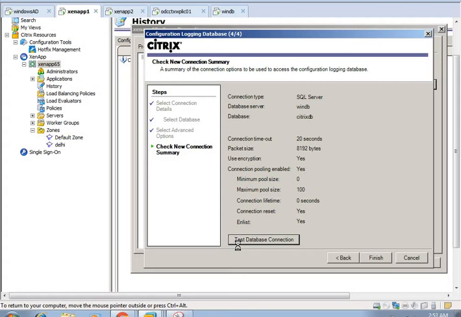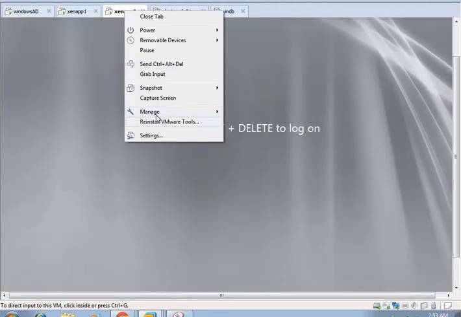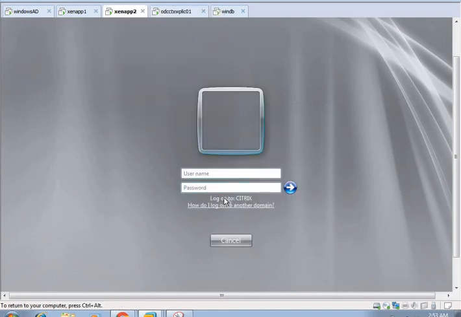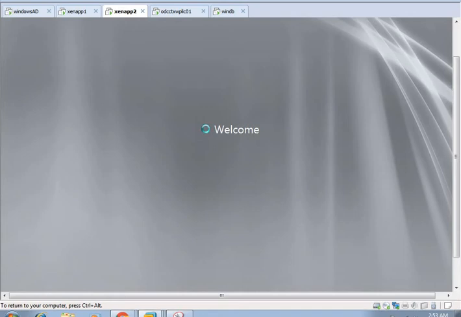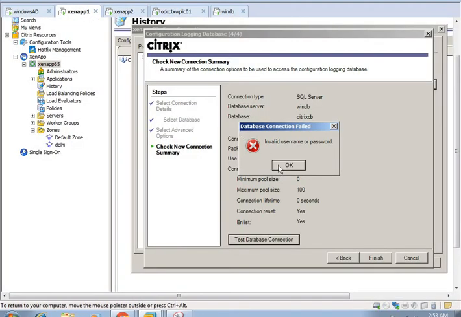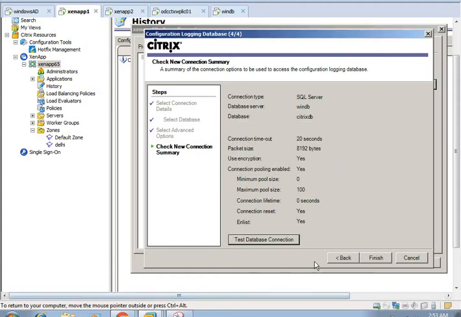So let's wait. Invalid username and password. But this is the process by which we can create a configuration logging database.